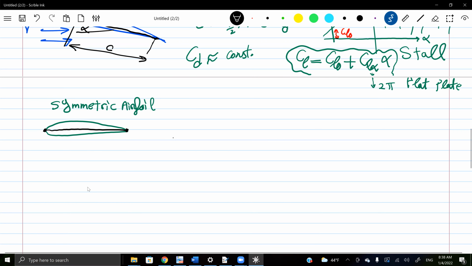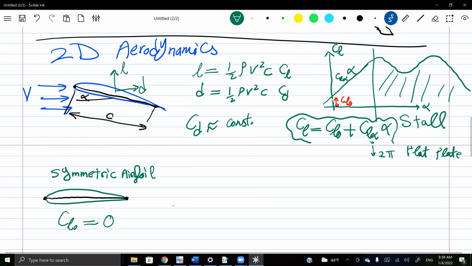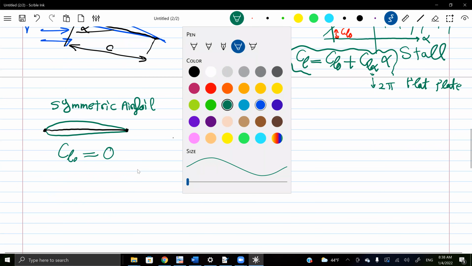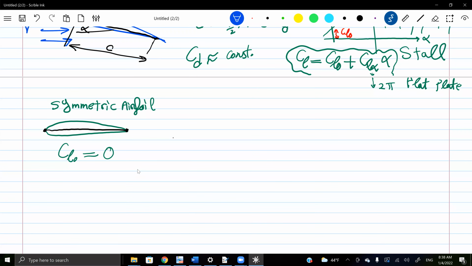In this case, we don't have CL note actually. We don't get lift at a 0 angle of attack, because the CL note is the amount of lift that you get at a 0 angle of attack. For other airfoils, what we call cambered airfoils,